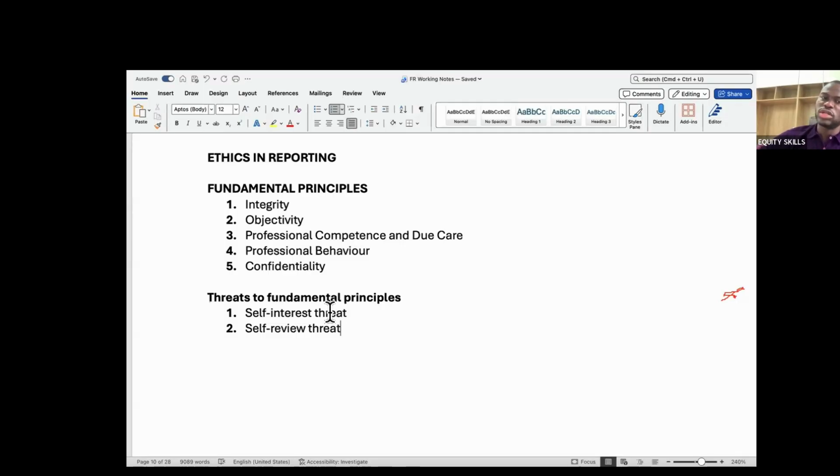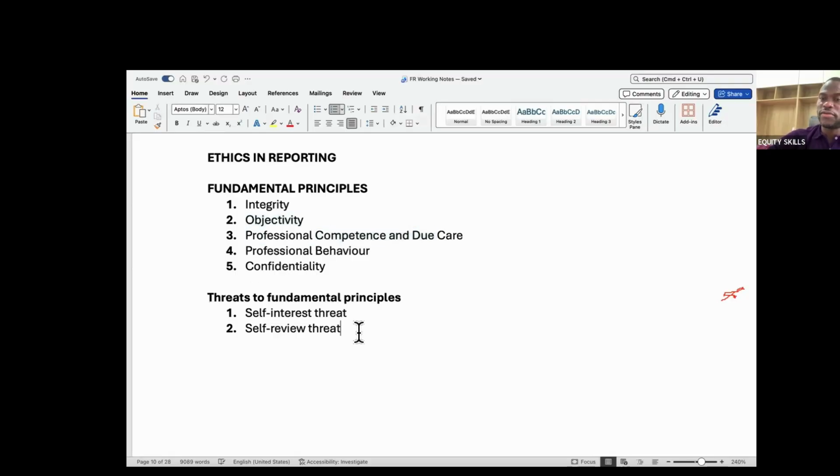There are some people that will handle it properly, which is why we really need everybody to handle that properly. And the best possible way is to ensure that any document you prepare, you are not the one reviewing it. Don't even be part of the reviewers. If you have to be, you have to be open-minded. Otherwise, there's a self-review threat, because it's going to affect your objectivity, and your professional competence and due care, which are your fundamental principles.